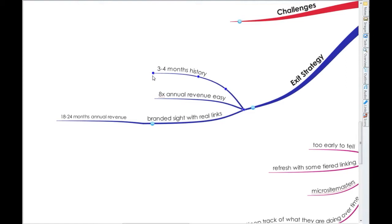If you have a site that actually does something, like a special calculator, like if you developed your own mortgage calculator or something like that, or if you have members, if you have an active forum, if you have that kind of stuff, then you start talking about a significant change in approach when it comes to an exit strategy, because then you have a much more substantial asset. But if we're just talking about a very basic site, then from what I've seen and done, and from the people that do this a lot more than I do, you're looking at 8x monthly revenue as typical. That's pretty much what you can get for any kind of site,